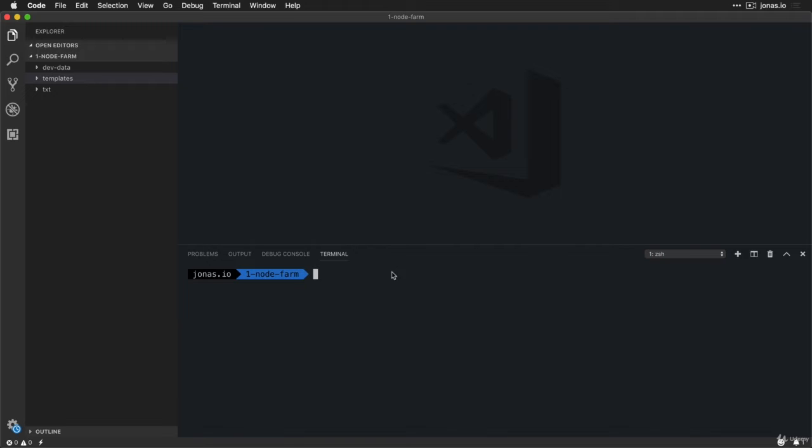Now to start writing some Node code here in a console, all we have to do is to write node, given that you have Node.js installed on your computer, and then just hit enter. And this will then open up the Node REPL, which stands for read eval print loop. So basically here we can write JavaScript code just like in a normal terminal. For example, we can define variables, and so here it is. So we just defined the name variable,